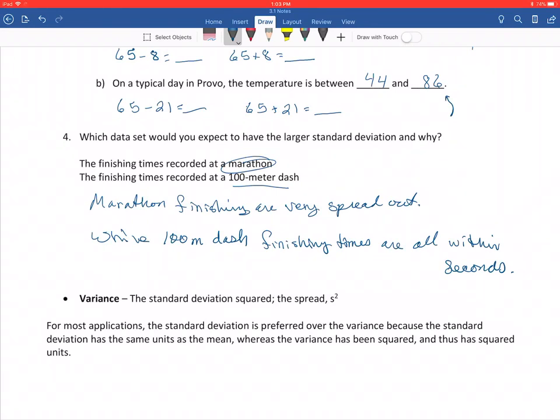Now there's another word you're going to see used a lot, the variance. The variance, we interchange that a lot with the word standard deviation. Variance is actually the standard deviation squared. So if you take whatever number you get for standard deviation and you square it, that is called the variance. However, honestly, we don't use that very much in this class. Standard deviation is preferred for us over the variance, because the standard deviation has the same units as the mean. So